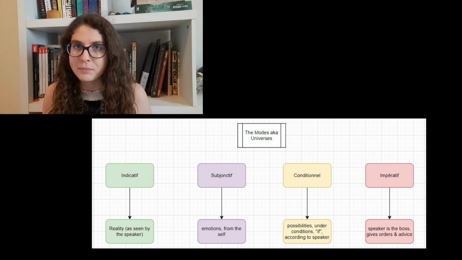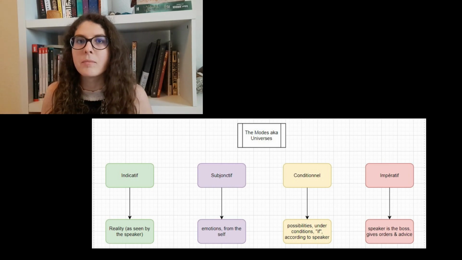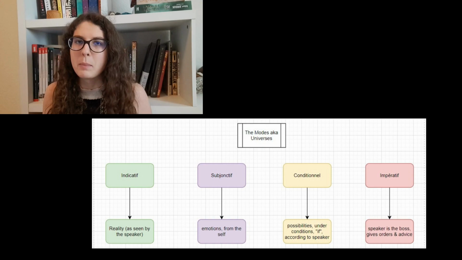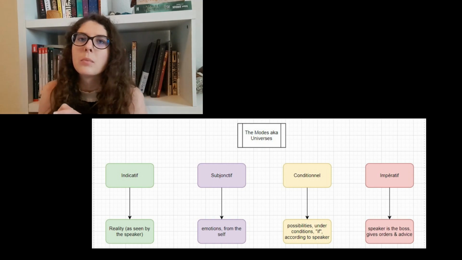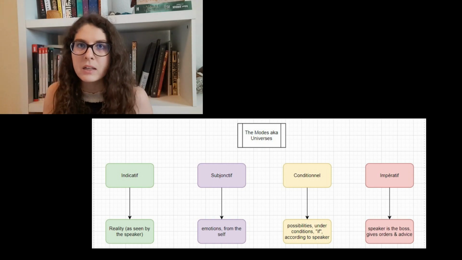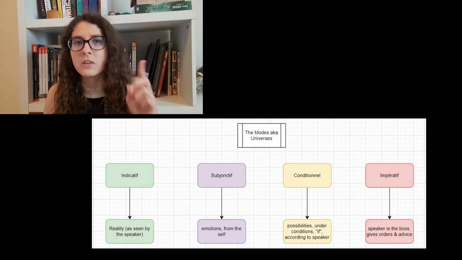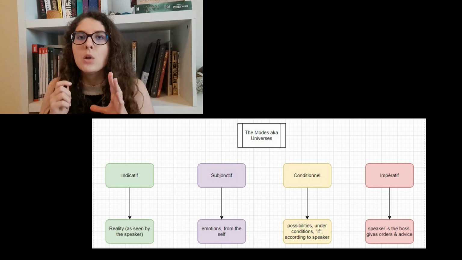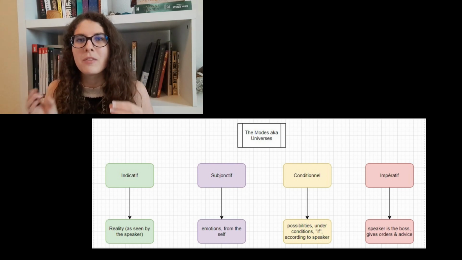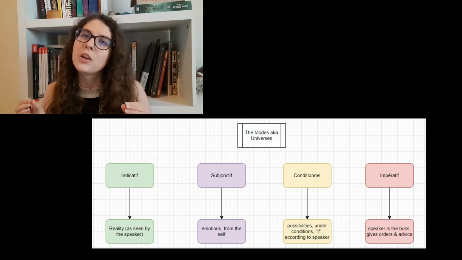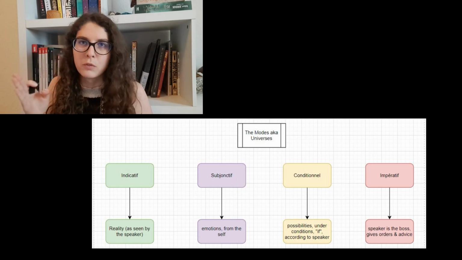And finally, the last mode is imperative, which is a bit less used because basically in this one, you're kind of the boss. So you're just going to tell people what to do. It's mostly used by like teachers, parents, bosses, and stuff like that, where you just go like, do that. So, to sum up, first step is choosing your mode among those 4.